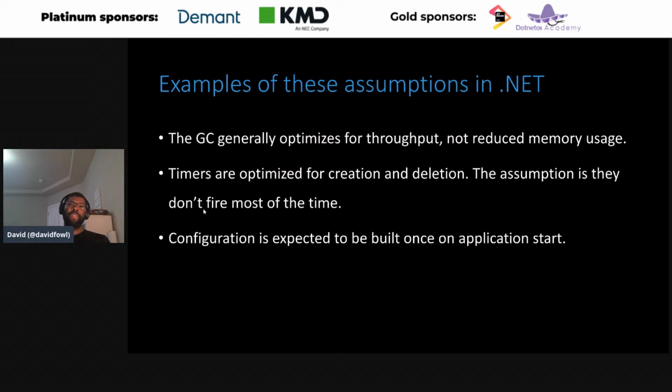So here are some examples of the assumptions we make about the subsystems in .NET. The GC will optimize for your application's throughput. If you're trying to figure out what the GC isn't collecting, it's probably because it didn't see a reason to, right? It's trying to not take away your CPU time by collecting garbage. So it's trading off CPU for memory, right? I've seen a lot of issues where people have filed bugs saying the GC doesn't work, it doesn't collect on time. And I'm like, yeah, I get why you're saying that, but the GC is optimized for this very specific use case, and it's why it has all these knobs, so you can tell it, hey, I care about memory, not performance.